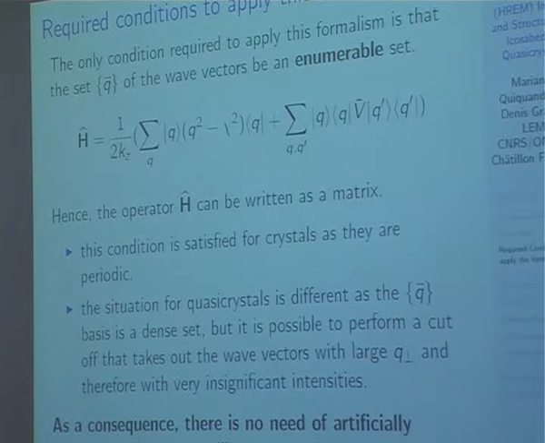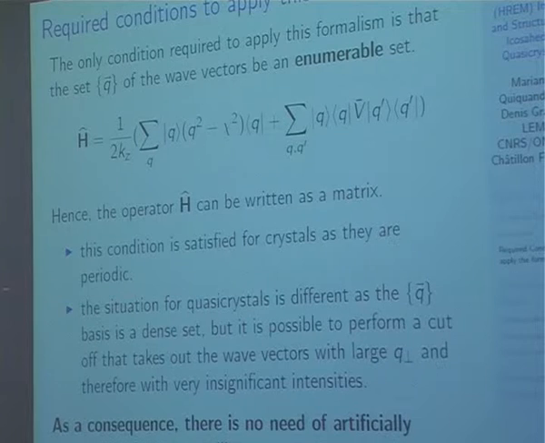We can do a cutoff anyway because the Q basis is periodic. The situation for quasicrystals is rather different, as the Q basis is a dense set. But it is possible to perform a cutoff that takes out the wave vectors with large Q perp, and therefore with very insignificant intensities. As a consequence, there is no need of artificially introducing large crystalline supercells